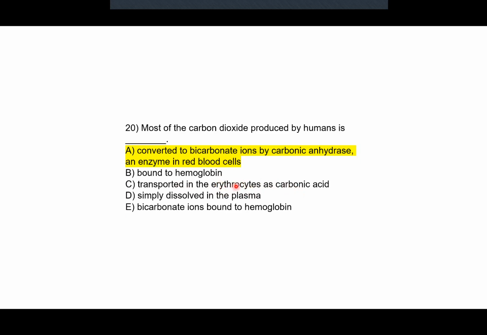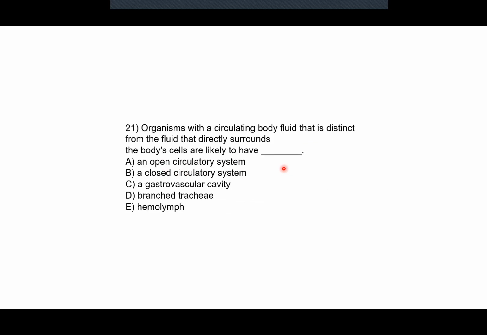Like, this is red blood cells, and this is just acid. So carbon dioxide isn't transported like this. And it's not most carbon dioxide. But what is most of the carbon dioxide produced is converted to these bicarbonate ions, acting as a pH buffer, by this enzyme, carbonic anhydrase, which is found in the red blood cells. And I believe this is the last question. Oh, you just had the answer. Anyways,